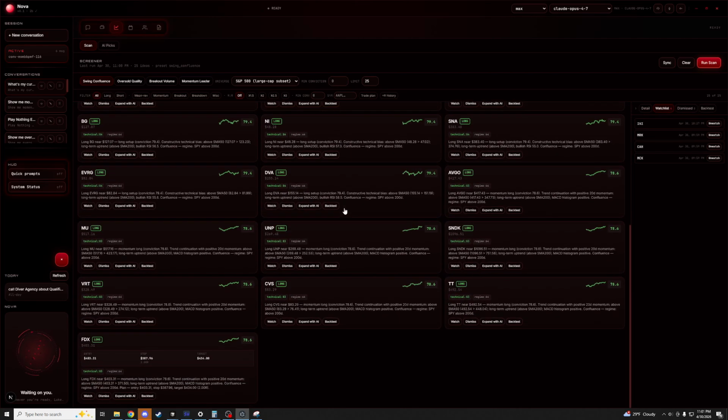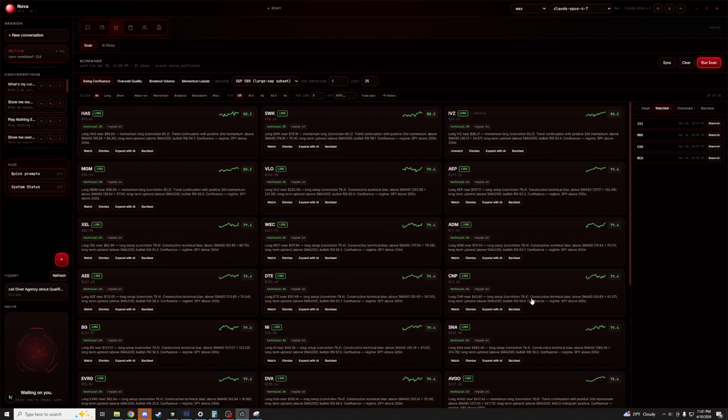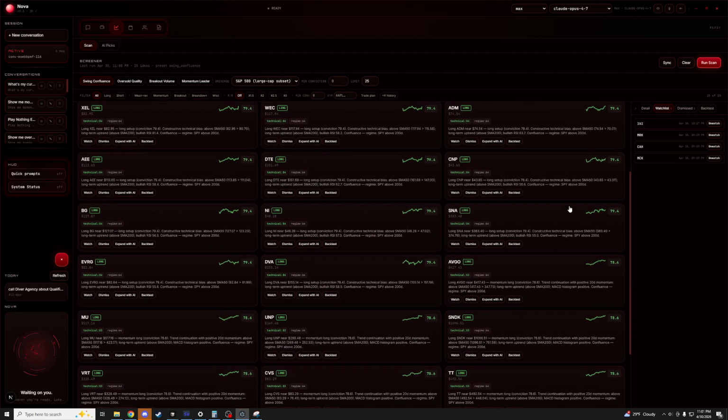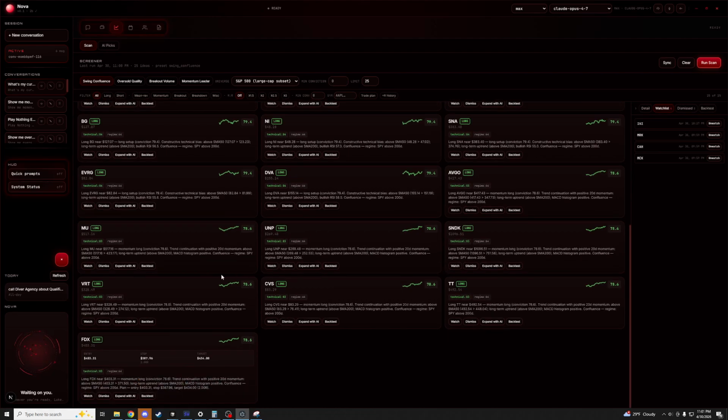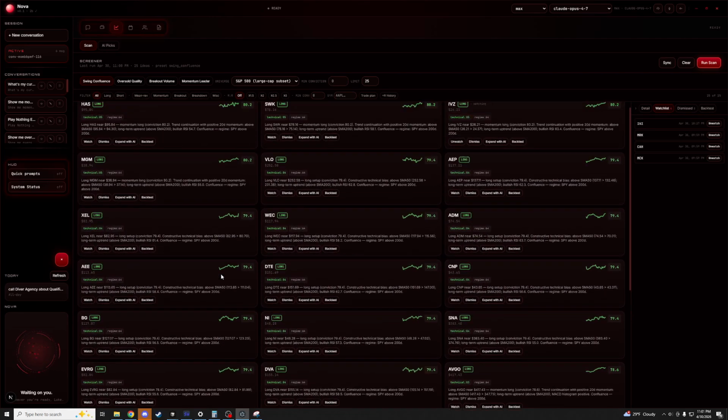So here we go, we have all these results, and you'll notice in the top right there's actually scores, right? Anything over a 70 is considered a strong score for my app. So when you see 80, these are really worth looking at, right? And I'll show you that it's not always going to rank good. But it scanned the entire S&P 500 and it found